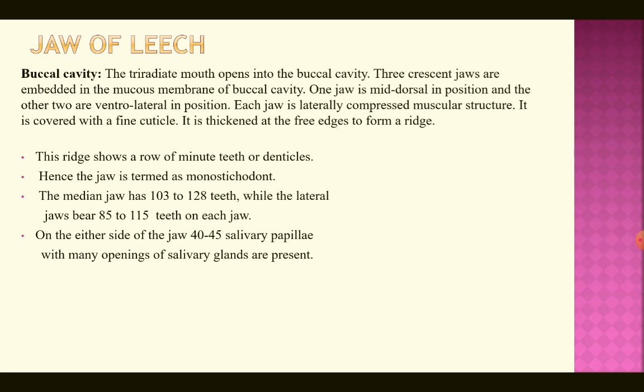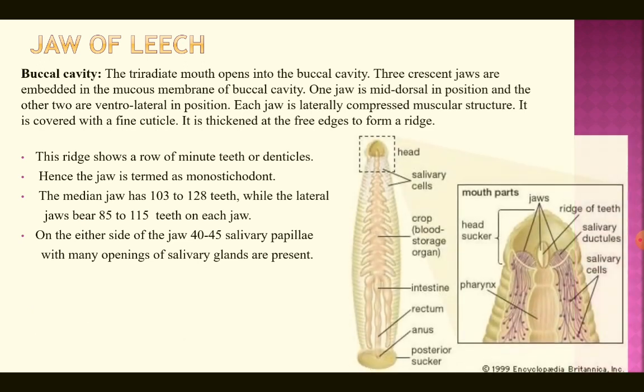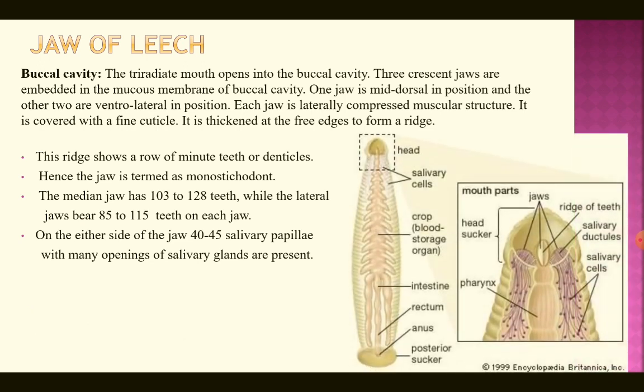So you find these jaws in the buccal cavity, and we said they are 3 in number. 2 are ventrolateral in position, and the other one is dorsomedian in position. Each jaw is a laterally compressed muscular structure, and it is covered with a fine cuticle. It is thickened at the free edges to form a ridge. Now this ridge of the jaw shows a row of minute teeth or denticles on them, and hence the jaw is termed monostichodont. It consists of similar kind of jaws and a single row of